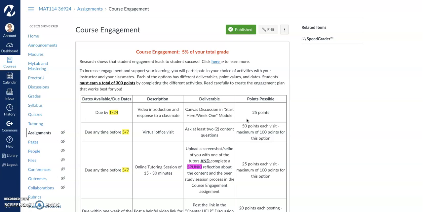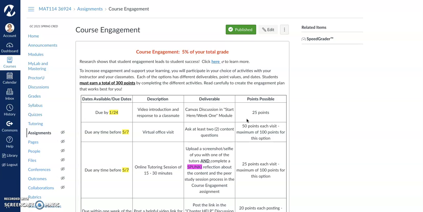It is a little tricky because as a student is submitting some of their assignments, it will look like their grade is lower than what it actually will be because it's a running total. Like I said, if they have 125 points out of 300, that's not a very good grade overall, but it's a running total and it will continue to be added to toward the end of the semester. So I often have to remind students that even though their grade is low in that category, as long as they continue to submit their course engagement assignments, that grade will go up